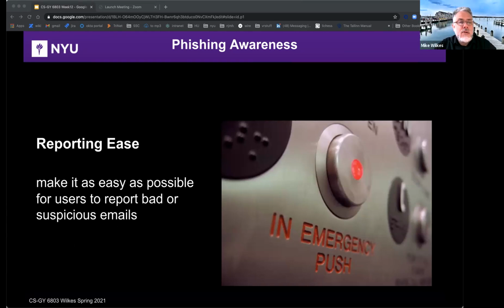Security awareness programs should make it easy to report, right? Make it as easy as possible for users to report bad or suspicious emails. So just forwarding a bad email to the InfoSec team is actually not enough. It's not sufficient. The headers of the original email are not captured when you do that, and thus they're not visible for investigation. So essentially, you need to find a way, whether you're using Cofense, phishme.com or KnowBefore, they're going